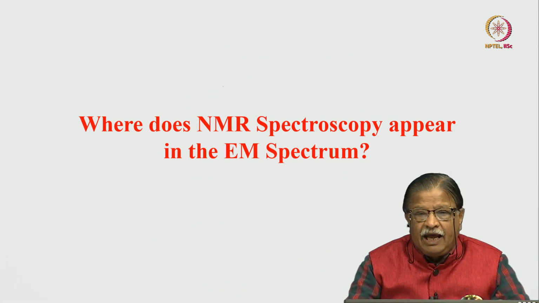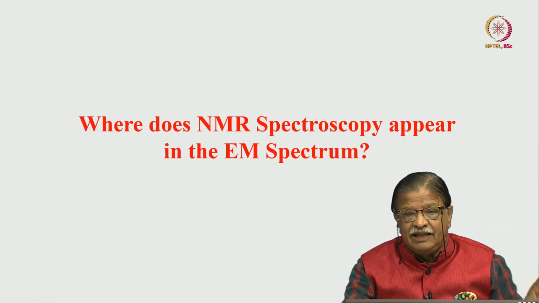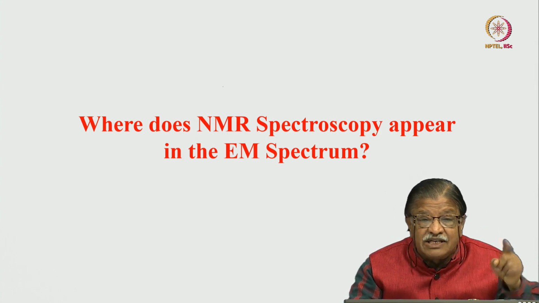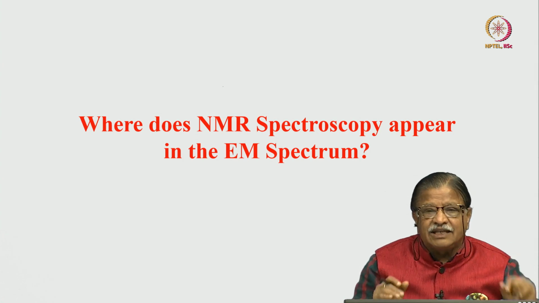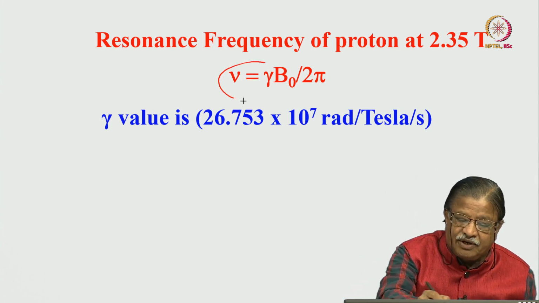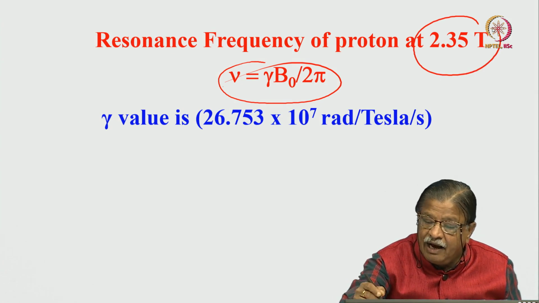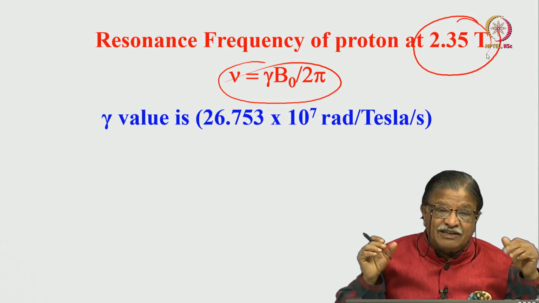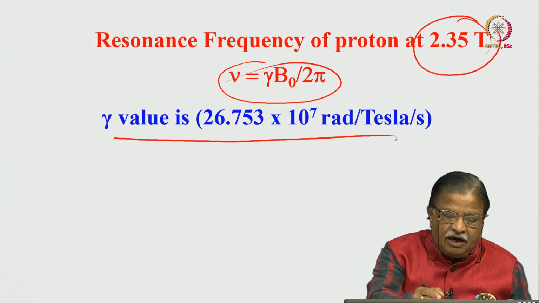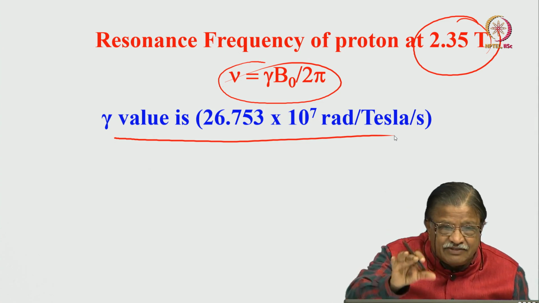Where does NMR spectroscopy appear in the electromagnetic spectrum? Remember, in the very first slide I showed you, in the electromagnetic spectrum, I said NMR spectroscopy appears in the radio frequency region. Let us understand whether it is true or not. We will calculate ourselves. I know the resonating condition, and I know all the other parameters, gamma, 2 and pi. I will fix the magnetic field as 2.35 Tesla. And I know the gamma value for proton. It is 26 point something into 10 to the power 7 radians per Tesla per second. I plug in all these values into this equation